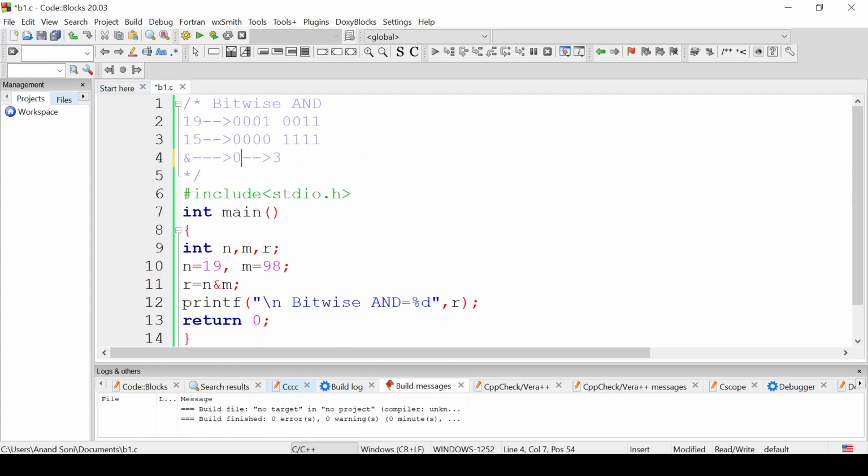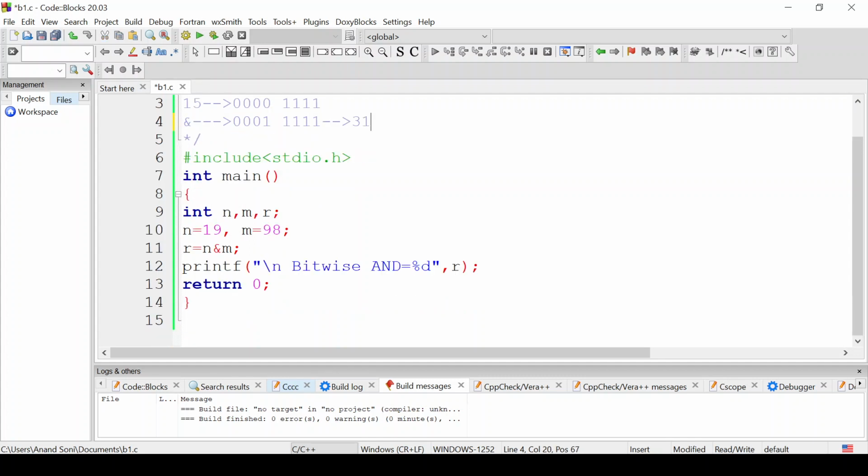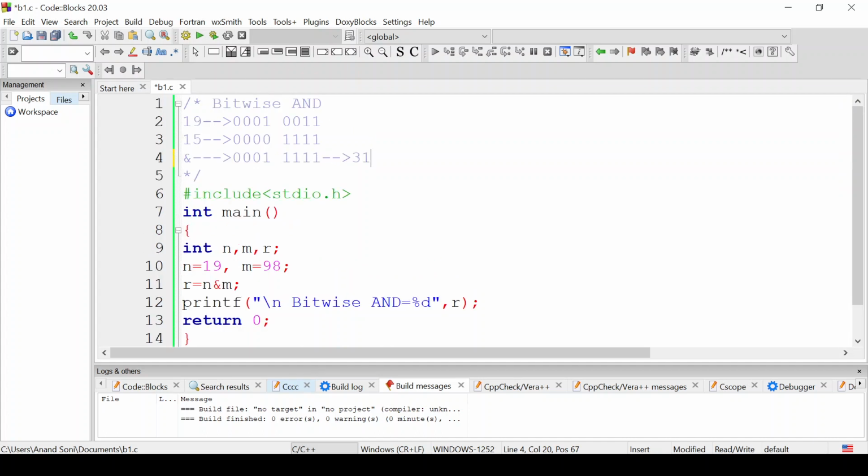0 and 0 will give you 0, again 0 and 0 will give you 0, 0 and 0, 1 and 0 will give you 1, 0 and 1 will give you 1, 0 and 1 gives 1, 1 and 1 gives 1, 1 and 1 gives 1. And decimal form of this binary form is 31. So output would be